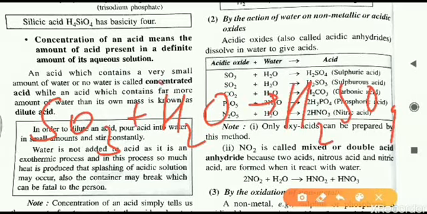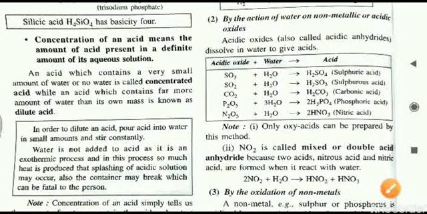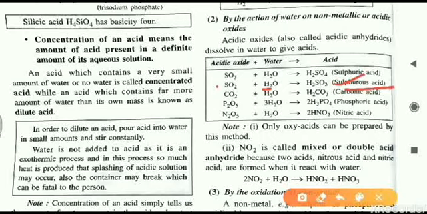So how is it forming? H2 is already there, S is also there, so H2S. Now oxygen 3 and 1 oxygen over here, so a total of 4 oxygens are coming. That is why you can say H2SO4. Similarly here also H2S, and now the total oxygens are 3. So H2SO3, that is called sulfurous acid.